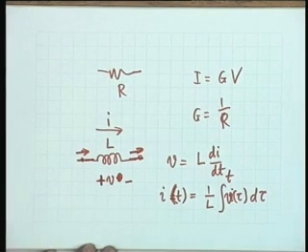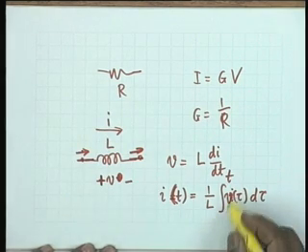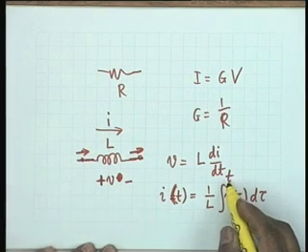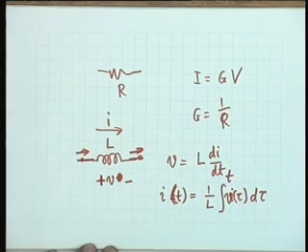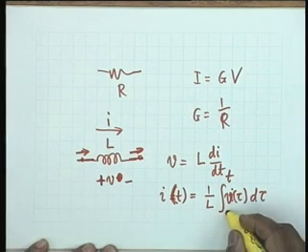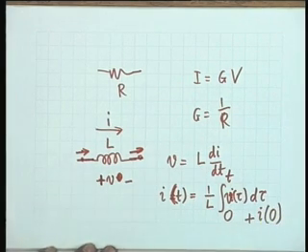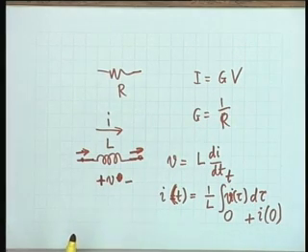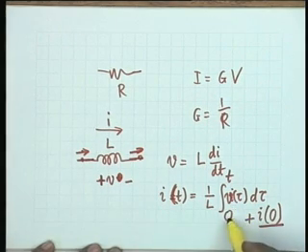But usually in electrical engineering, or in any other engineering, we cannot go to minus infinity. We limit our range of vision to t equal to 0, and therefore this is to be 0 to t, and if it is 0 to t, then the previous current at t equal to 0 must also be taken account of. In other words, we have i of 0 plus the integral, because we cannot integrate from minus infinity to t. Minus infinity to 0 we are accounting for in i of 0, which is called the initial condition, and I integrate from 0 to t.